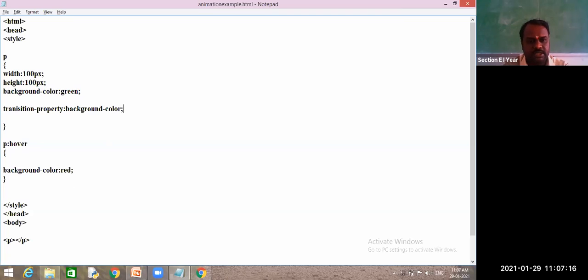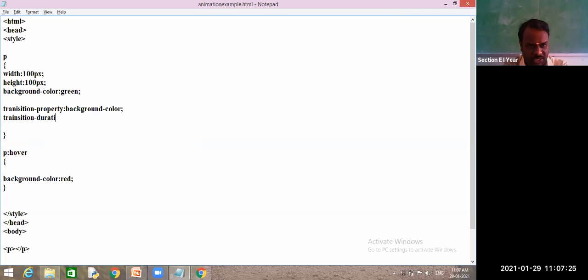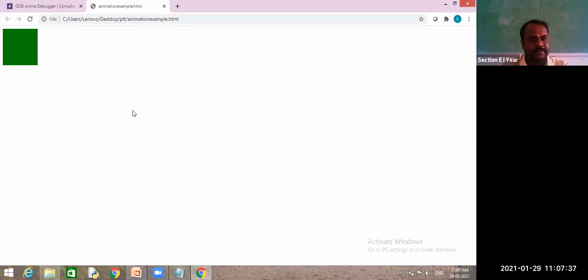Background color, just put a colon, and how much time it should take: transition duration. This transition duration says how long this should apply. For example, 10 seconds of time to change color from green to red.